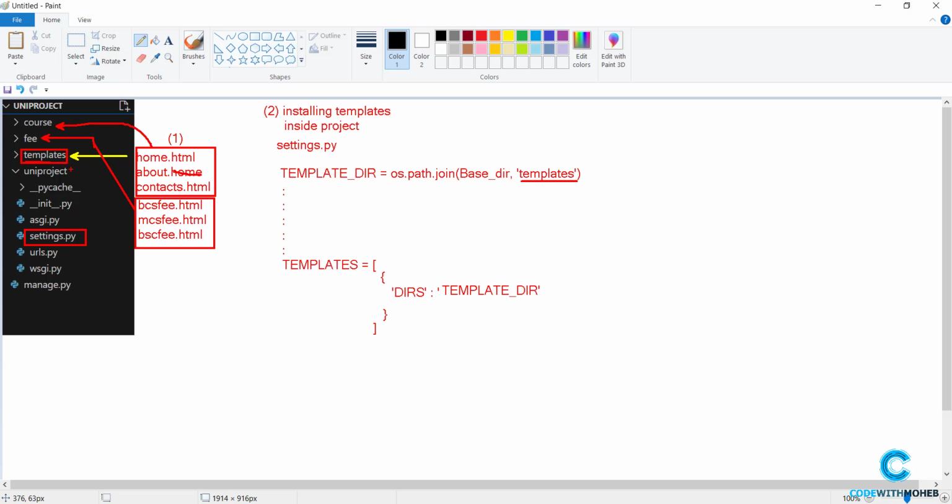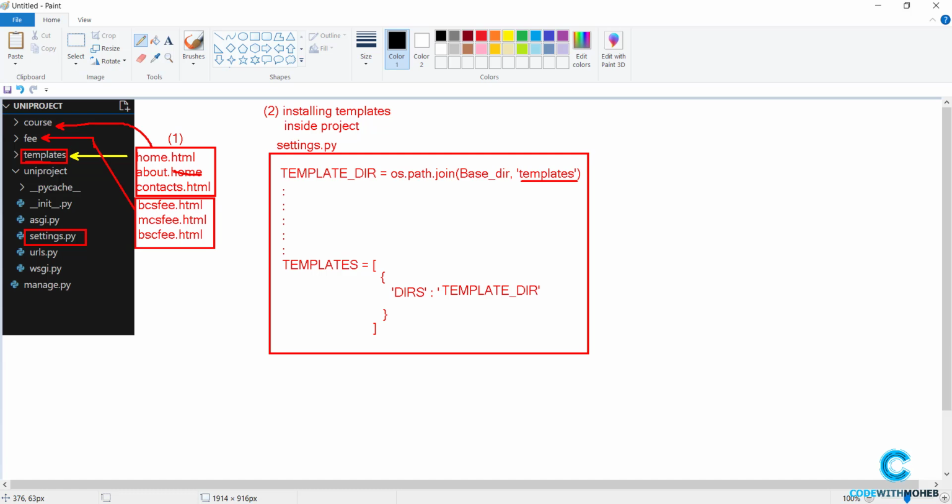For this reason, we have to use another method that is called render. That render method is responsible for rendering the template that we have created inside our project or inside our application. In both cases, whether the template is at project level or inside an application, we use the render method. This is the second part, and this code will be written inside settings.py